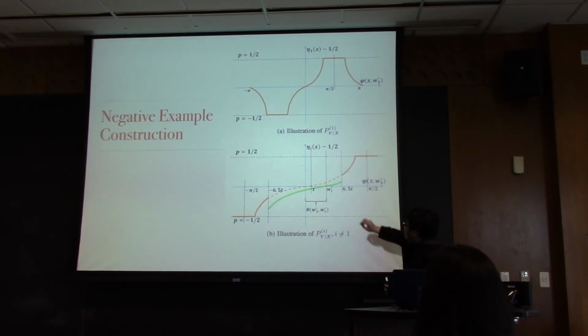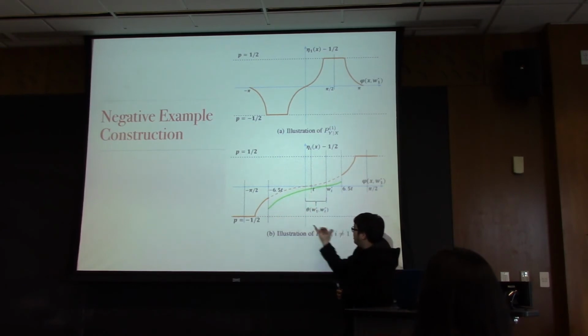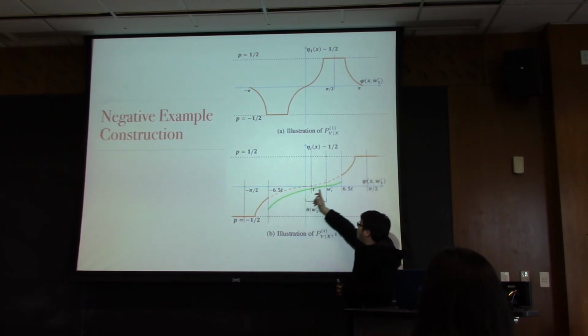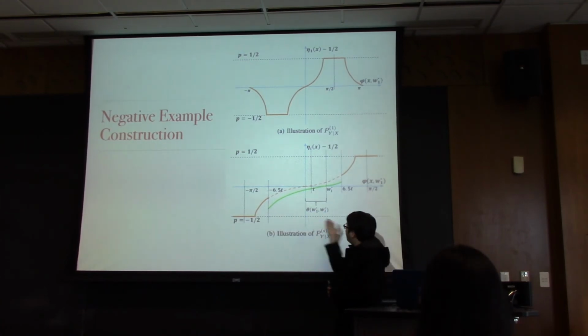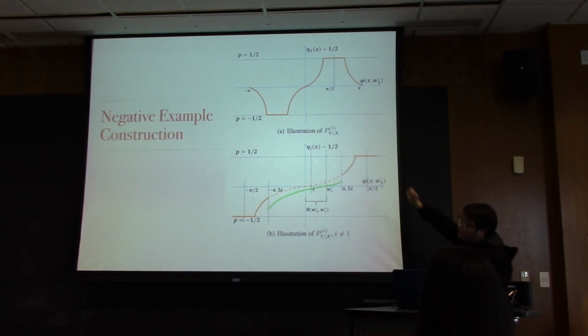So what we did is we slightly shift the distribution. We shift the distribution within this range slightly to the right, so that this distribution is a valid distribution for Wi star. But outside of this range, it immediately jumps. So I switch to the original distribution of the first figure.